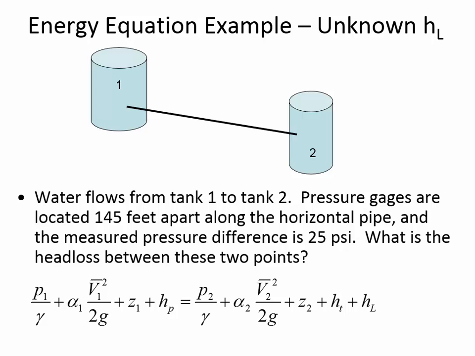Now here's a tricky thing. It only matters what's between 1 and 2 when you're trying to account for head loss, energy added by a pump or reduced by a turbine. So there could be a pump here. Even if there's a pump before 1, still we would cancel out the pump term because in this equation it's between 1 and 2. So if you look, here's 1 and here's 2, there's no pump between them, so we still cancel out the pump term.